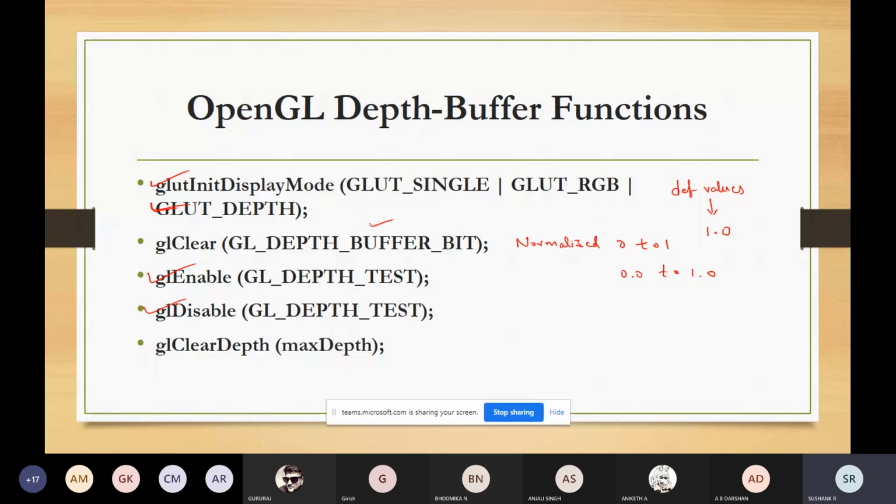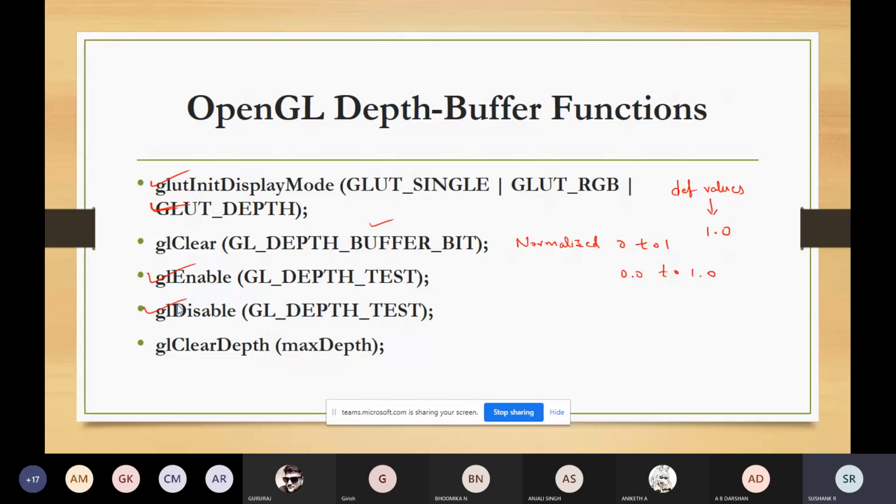So it is the same process: you have to activate the routines and you have to deactivate them. You use the glEnable function for the activation process, and you use the glDisable function for deactivating the process.